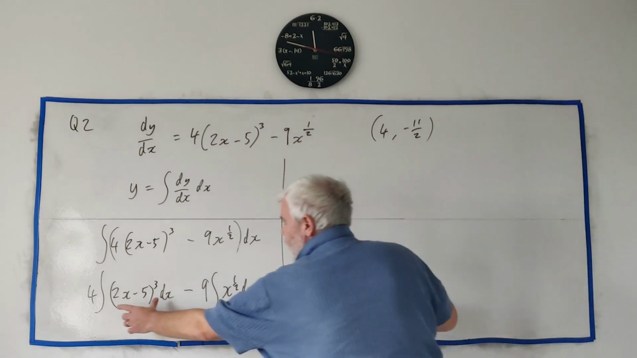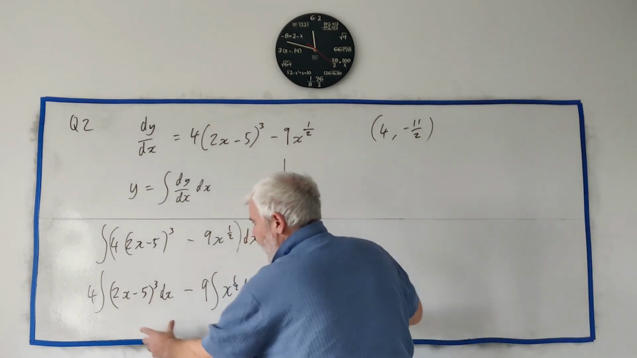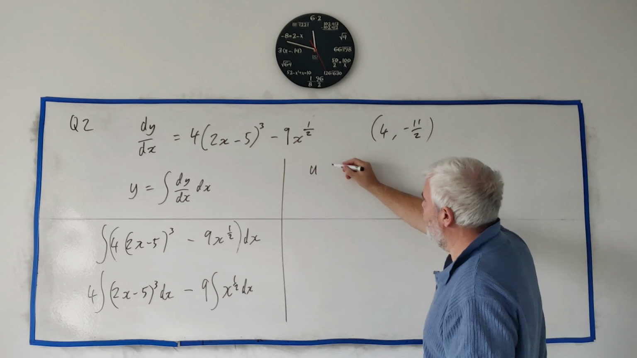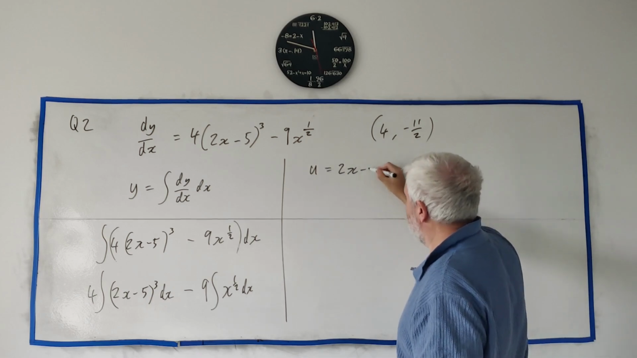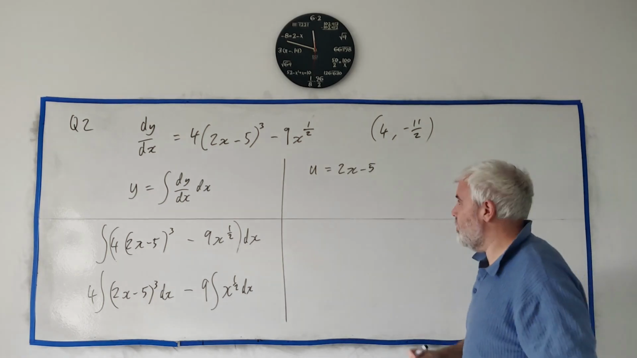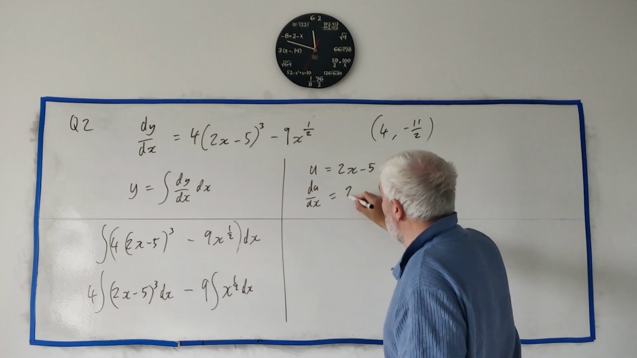Okay, let's continue this part over here. I will use substitution. I'm going to substitute this bracket for u, or u for this bracket. u is equal to 2x minus 5. When you do substitution in integration, we need to differentiate this. du dx is equal to